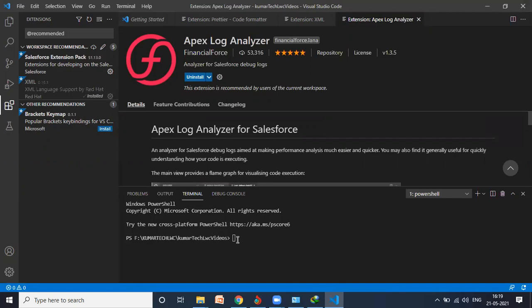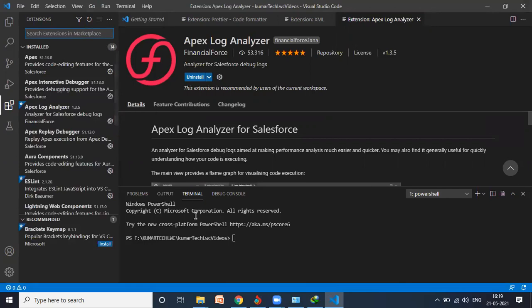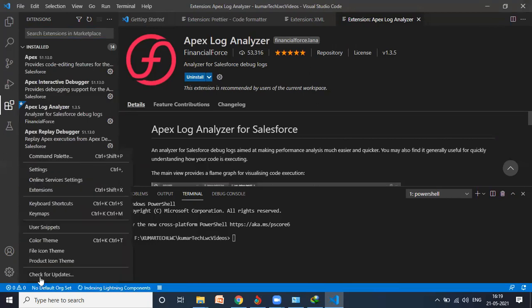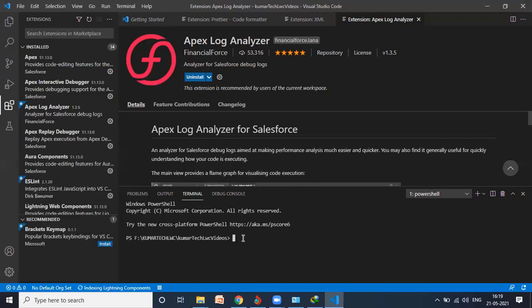Meanwhile, here, one more additional piece of information I will give you. Whenever you start your Visual Studio Code, it's really important to check whether your Visual Studio is updated or not. I mean, not for this time, obviously, I just installed it, but maybe after a few days or weeks, Visual Studio will need an update. In that case, either you can go here and click check for updates, or you can directly install packages from here.